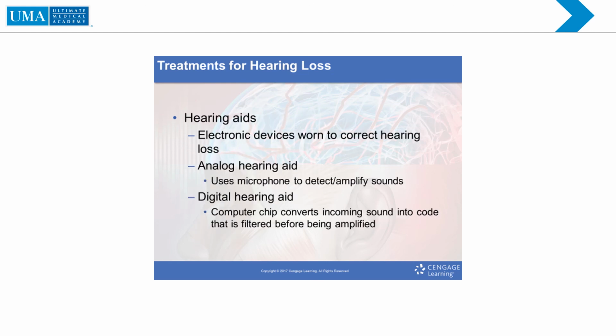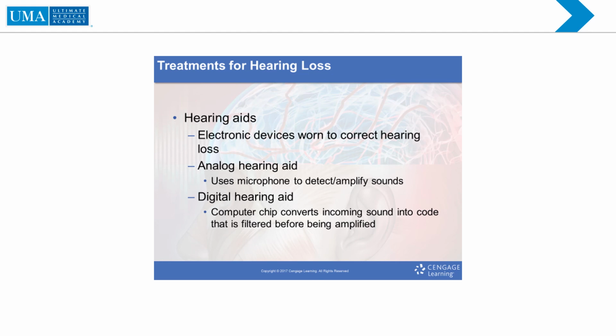Another form of treatment for hearing loss would be hearing aids, and these would be those electronic devices that are worn to correct hearing loss. Now we have different types. We have analog hearing aids, and then we have digital hearing aids. Analog is an external electronic device that uses a microphone to detect and then amplify those sounds, whereas a digital